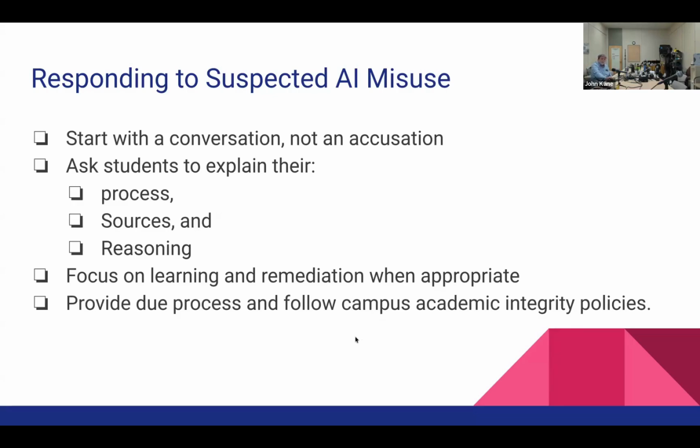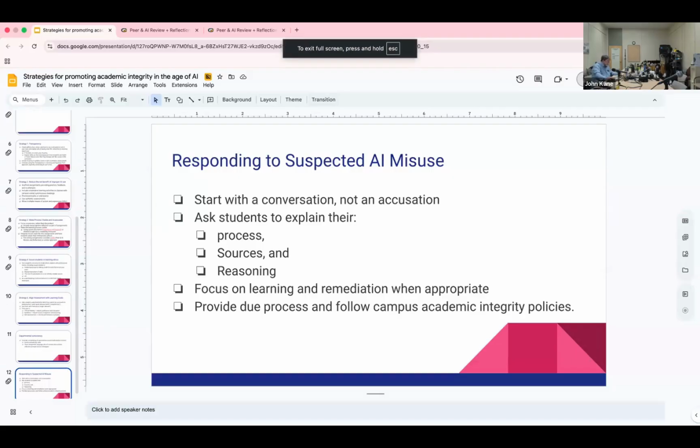But we do need to follow the campus academic integrity policies, which means if we think someone did this, we need to discuss it with them or give them the opportunity for that discussion. We've had a couple of sessions on that, which have all been recorded, and the associate deans have done lots of presentations on this. And that's all I have. So, what else have you done, thought of doing, or tried?